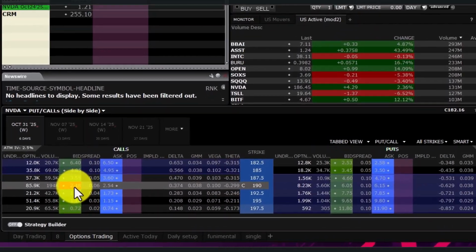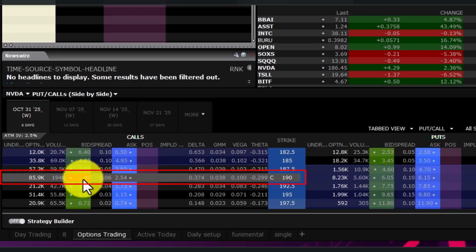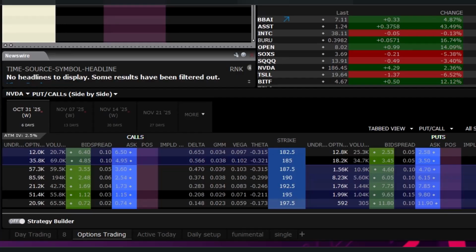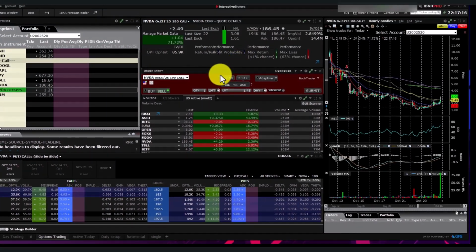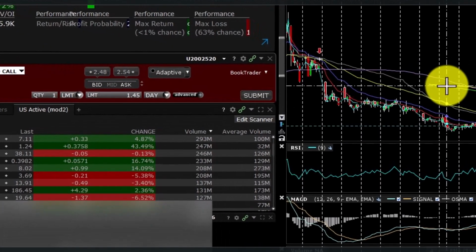So we're gonna go for 190, where we think Nvidia is gonna go to, and the option is not too expensive. So if Nvidia opens and the option is $2.50 and higher, then you can buy this option and play this option too. Most likely you're gonna see a movement of $2,